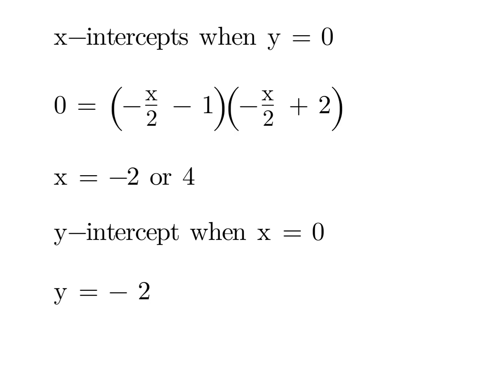So x-intercepts are when y equals 0. So if I let y equals 0, I'm going to use the factorised form, so the original one. And we solve each bracket. So minus x over 2 minus 1. Let's just focus on that. So I'd add the x on 2 across to the 0 side. So I get x on 2 equals minus 1. Double it, so I get minus 2. And for minus x on 2 plus 2, I'd add the x on 2 across, and then I'd double the 2